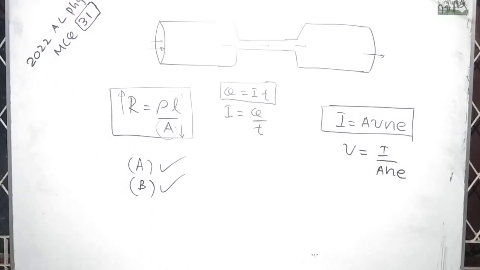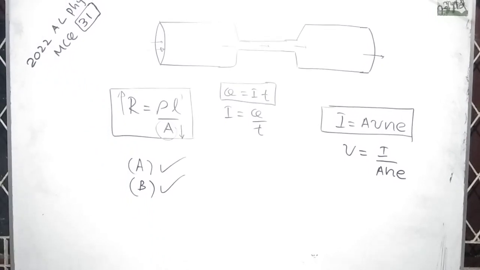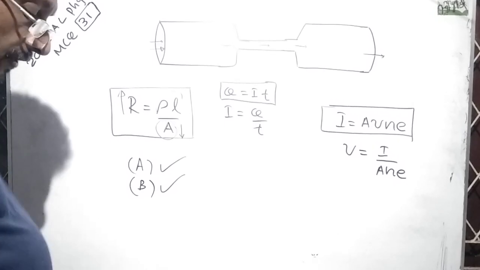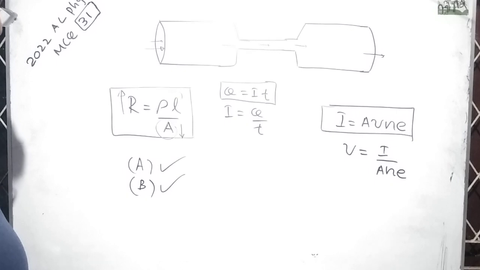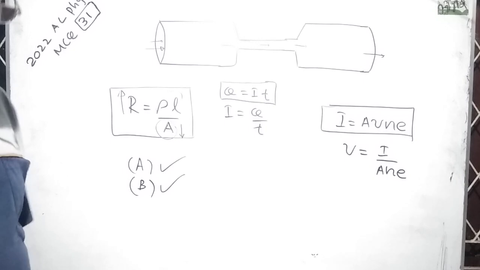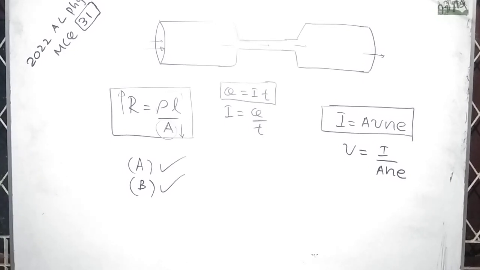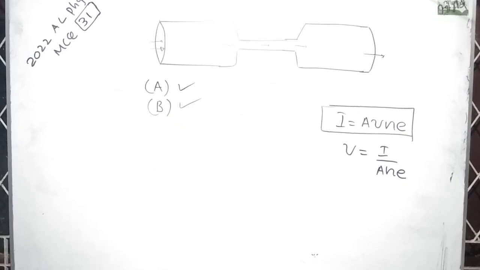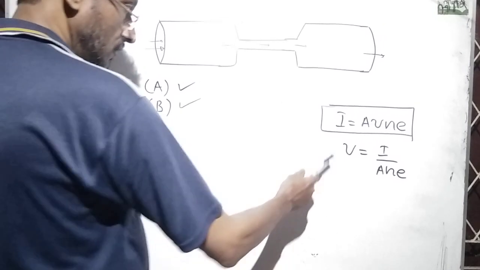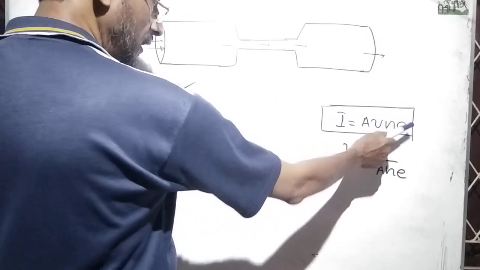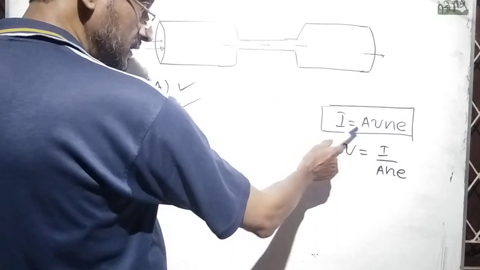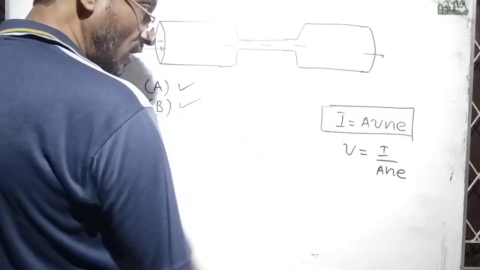Now, we can consider statement C. The drift velocity of electrons is higher in the thin section than that in thick section. In the thin section, the drift velocity is higher according to statement C. Consider this: I equals AVNE. I is current,